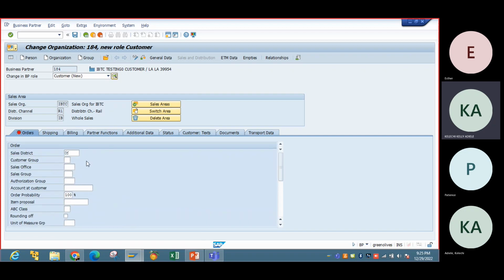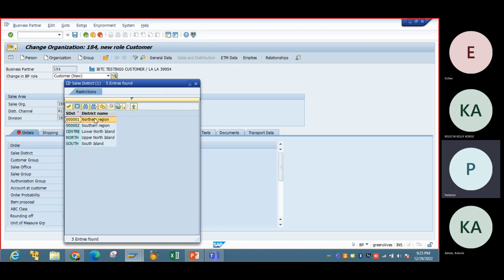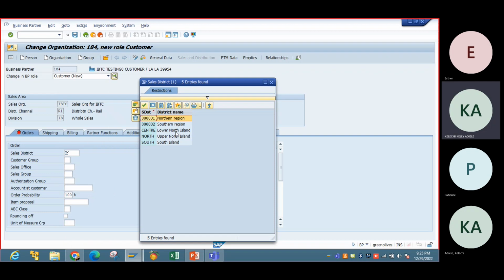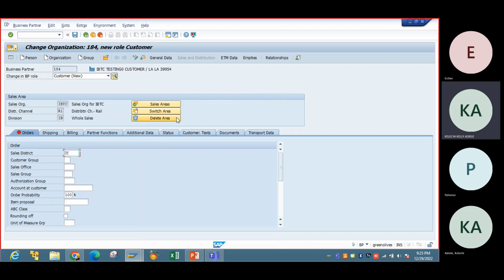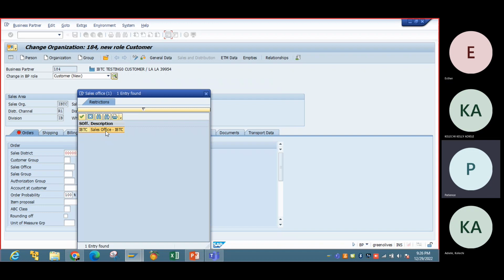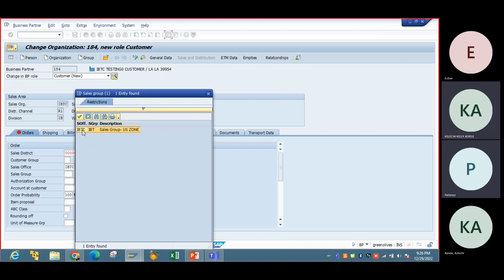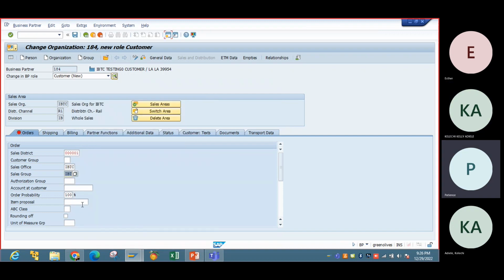The next field is sales district. I hope we created a sales district. Let me see. We did not. So we'll just select northern region. We created a sales office, right? Sales office, yes, as IBTC. Did we create a sales group? Yes, I think it's IBTC also. So these are the very important